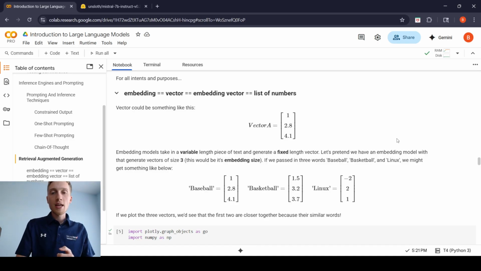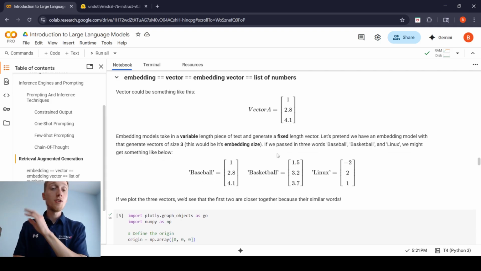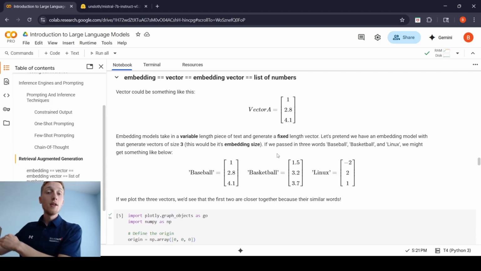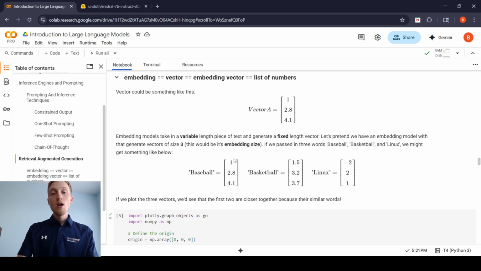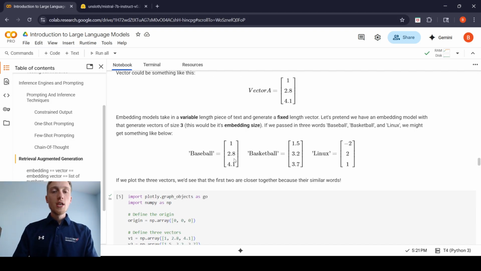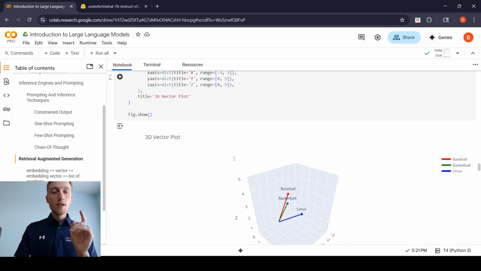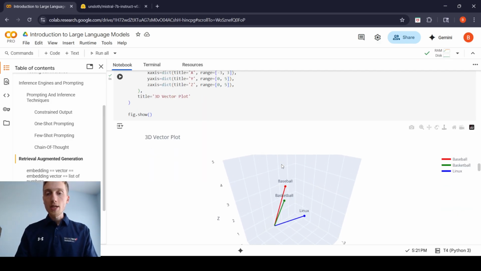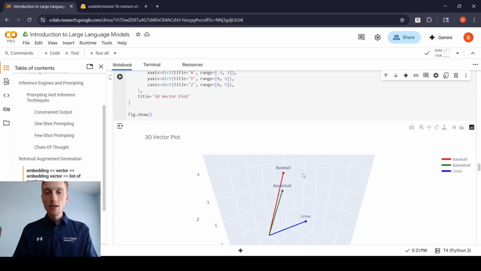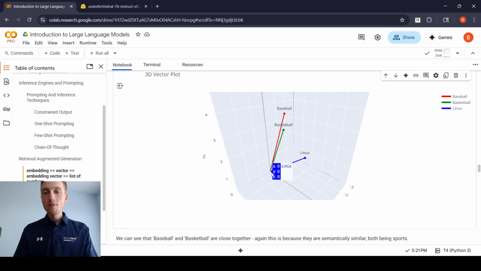So in this case, let's pretend that I have an embedding model with an embedding dimension of 3. The dimension means how big those lists of numbers, those vectors, are. If I passed in the words baseball, basketball, and Linux, I might get something like this: 1, 2.8, 4.1 for baseball, 1.5, 3.2, 3.7 for basketball, and negative 2, 2, and 1 for Linux. Now, if we plot these three vectors together, we'll see that the first two, baseball and basketball, are pretty close together, but the last one, Linux, is pretty far away. And this is because